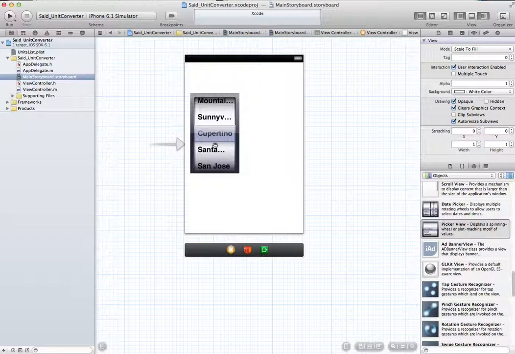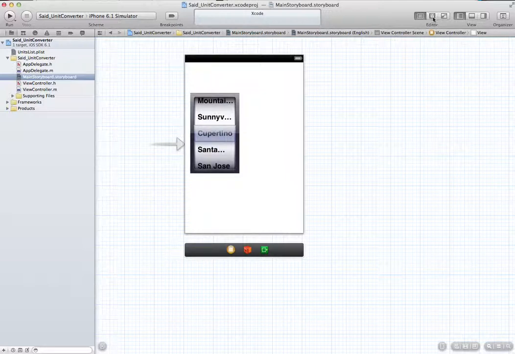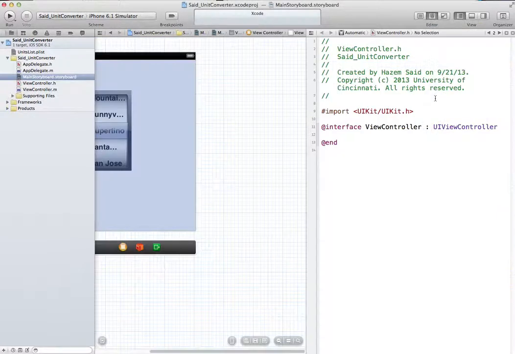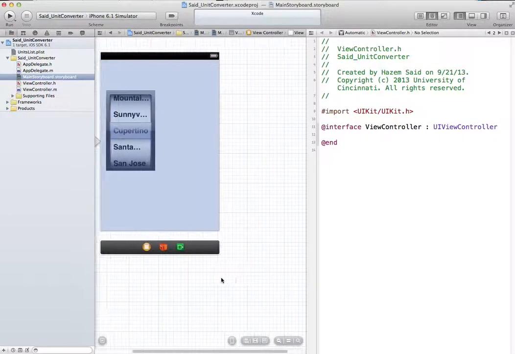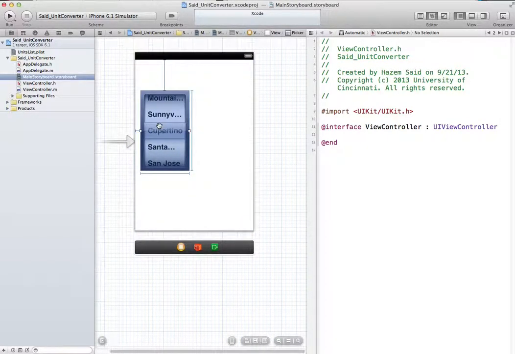The data you see in front of you is like the full data that come with the view. Now, because I want to open the file, take the data and put it in the view, I am actually controlling the view. Every time you want to control data in the view, you need to connect it as an outlet. So I no longer need my utility inspector. Bring in my assistant editor and click and drag from the picker view to establish an outlet connection between the user interface and my controller,